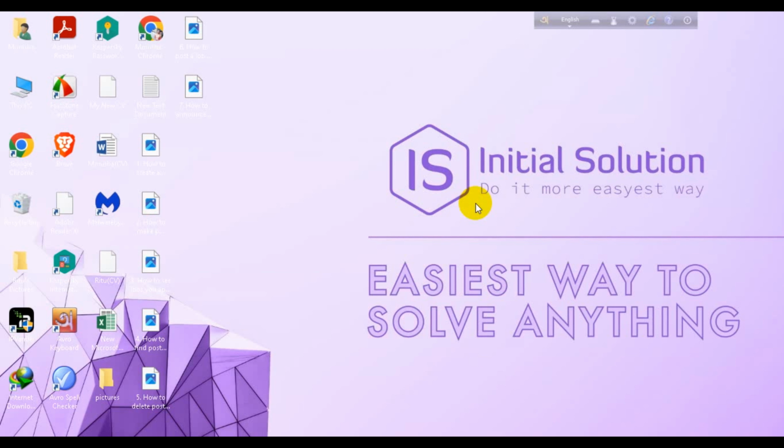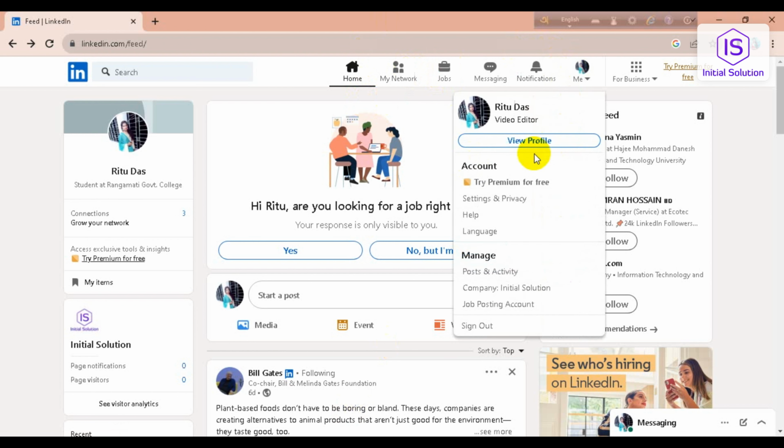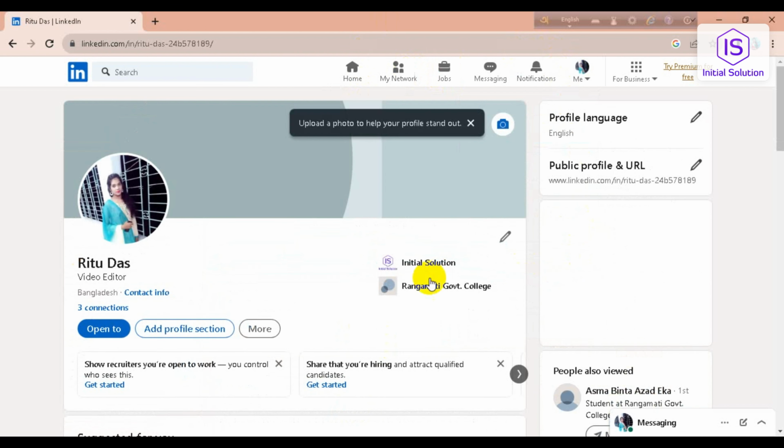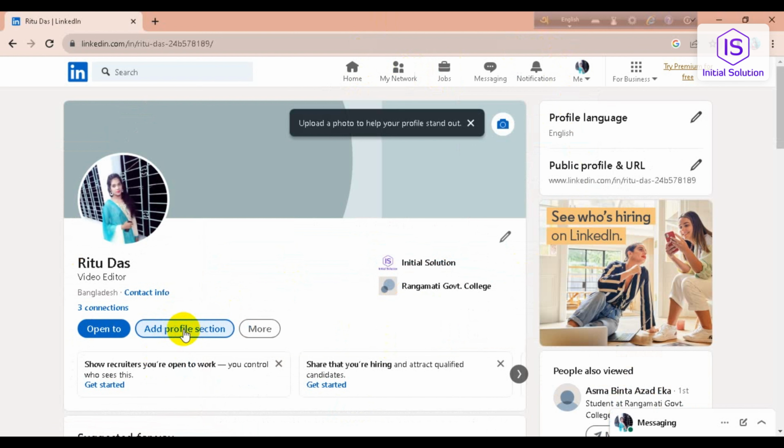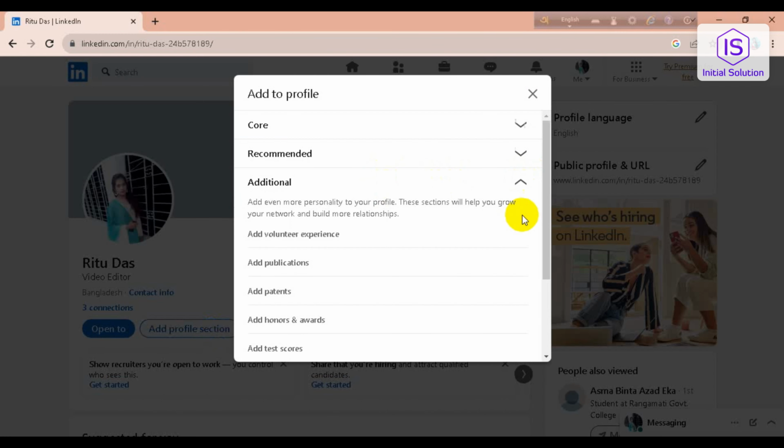Today in this tutorial I'm going to show you how to add volunteer experience on LinkedIn. So first you need to open your LinkedIn account, then go for your profile. Okay, now go for add profile section, then go for additional. Now you can see here add volunteer experience. So click on it,